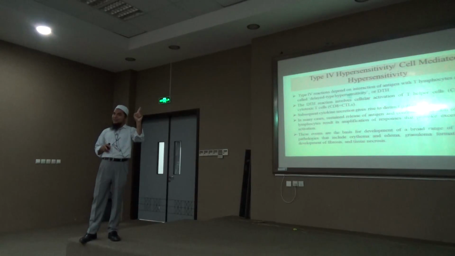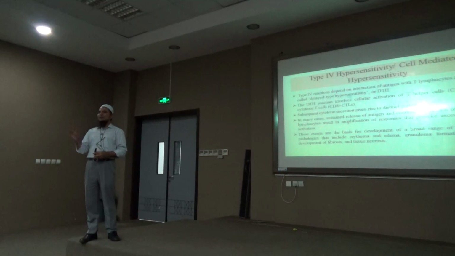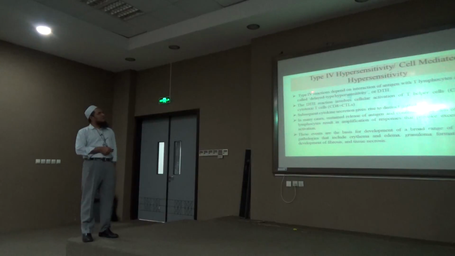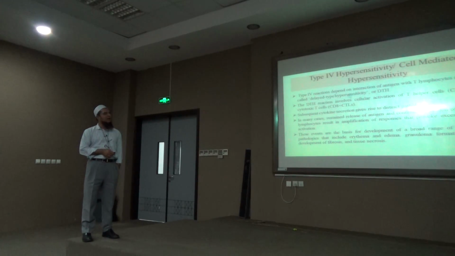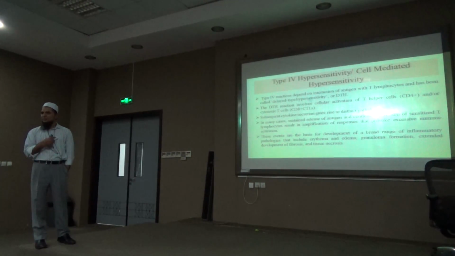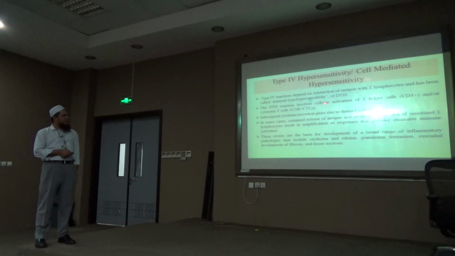Type 1, antigen and antibody. Type 2, antigen and antibody. Type 3, antigen-antibody complex. Type 4, no antibody, antigen and T cell. Clear? So the type 4 reaction depends on the interaction of antigen with the T lymphocyte and has been called the delayed type of hypersensitivity reaction. Is antibody present in type 4? No. The delayed type of hypersensitivity reaction involves cellular activation of the T helper cells,